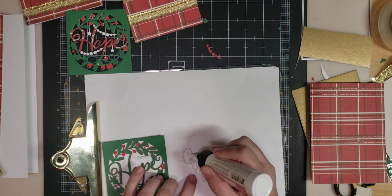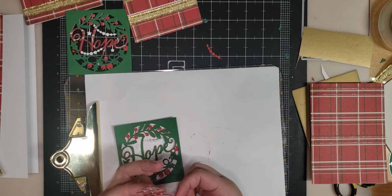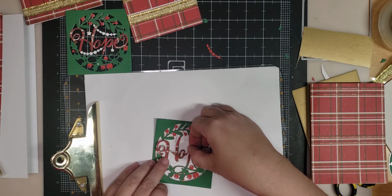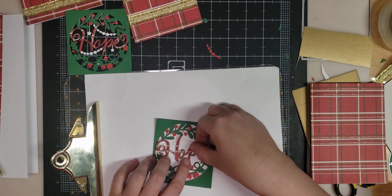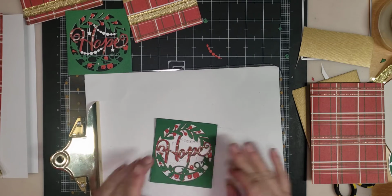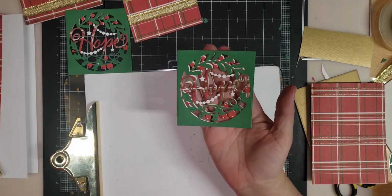And this was cut out of the same plaid paper. I think I already said that, but it is the background. I just cut it out and then trimmed up around the letters. Now, since we have all of those offset a little, I'm going to offset this. Make it look kind of cool. Ooh, I really like that offset. I don't know if you guys can see it, but